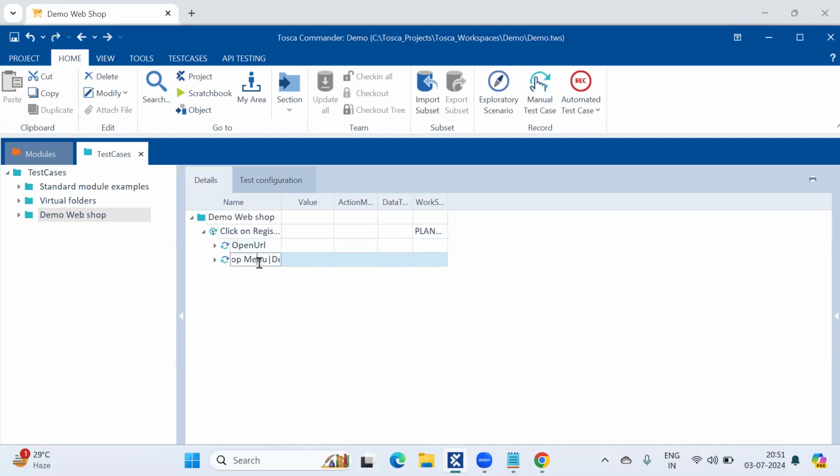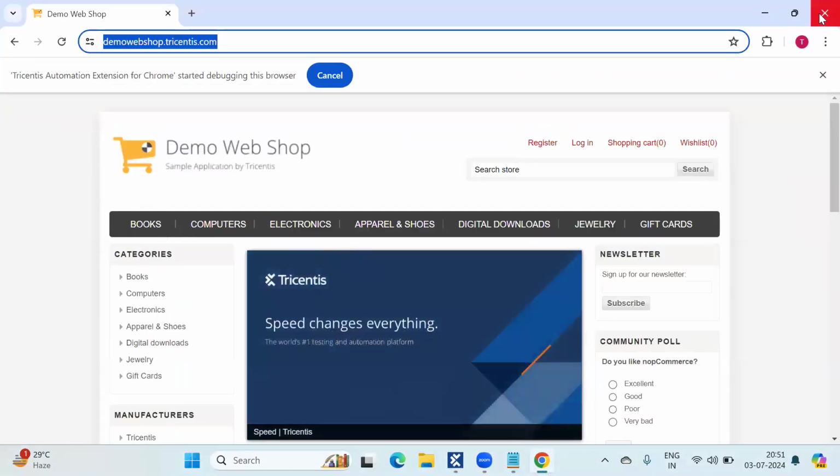See, we need to give proper naming convention here as well. Click on register button. Okay. Open URL. Which URL? Open demo web shop URL. Okay. Let me close this browser. I am closing the Chrome browser.